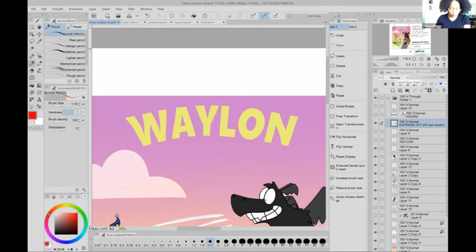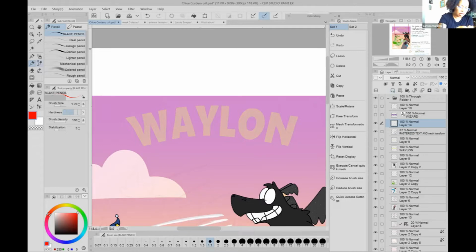Okay. Then what you can do is, if you want to keep that handwritten font, if you want to make it look more handwritten, you just lower the opacity on that and you make a new layer, and you can either draw in around it, and then you can give it a little bit of wiggliness if you don't want it to be totally perfect. Or you could take a big brush that has a really